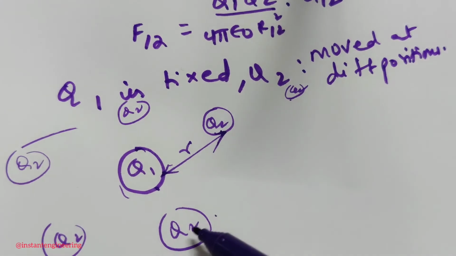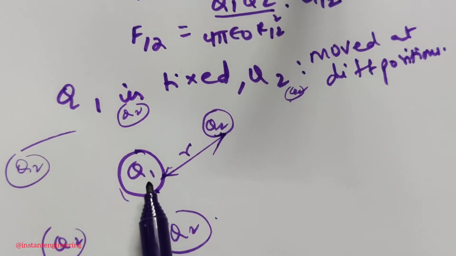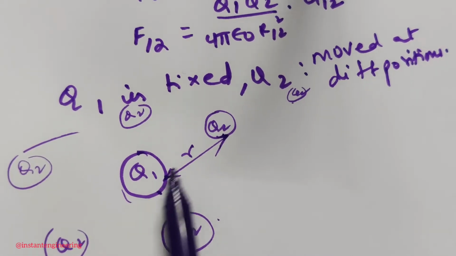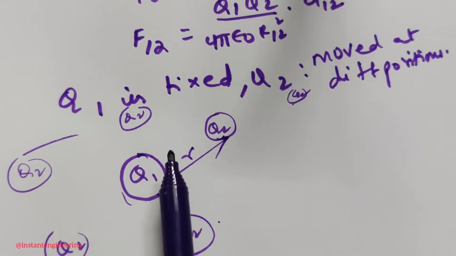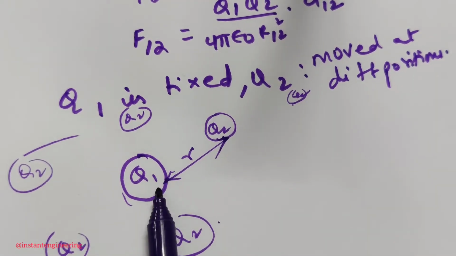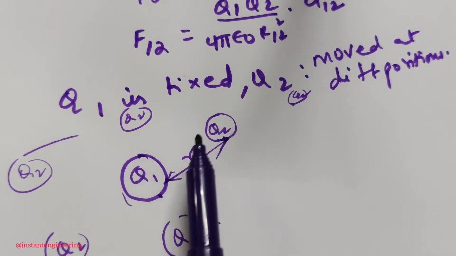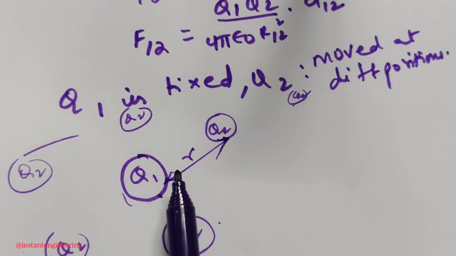I think this is clear, right? The maximum distance up to which this charge has its force on another charge is called the electric field intensity. Its maximum intensity to create an electric field around those two charges is called electric field intensity. That is what we are learning over here.